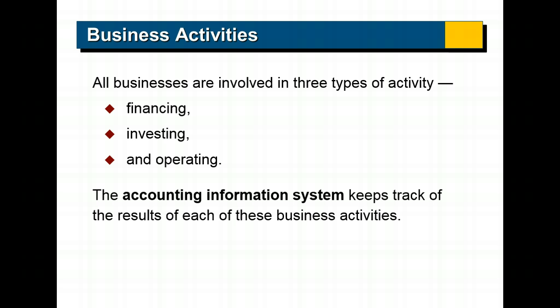An accounting information system is basically the manner in which we gather all of our economic events and record them. But no, guys, there's three types of activities. Financing has to do with getting money, getting the resources. Investing has to do with what are you building? And then operating has to do with the day-to-day activities as to why you're in business.